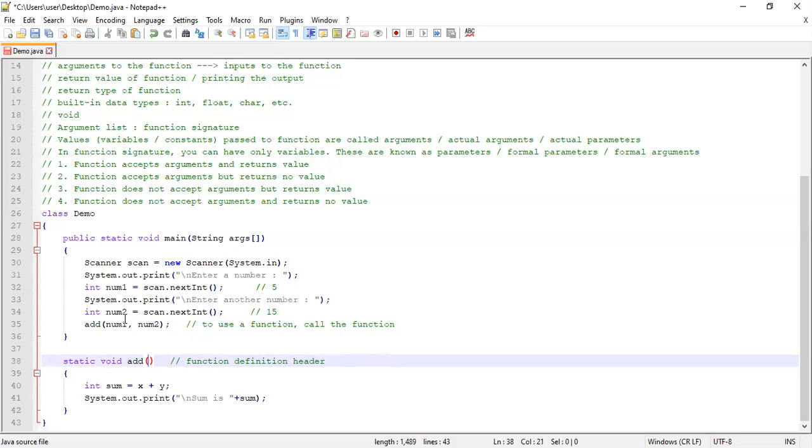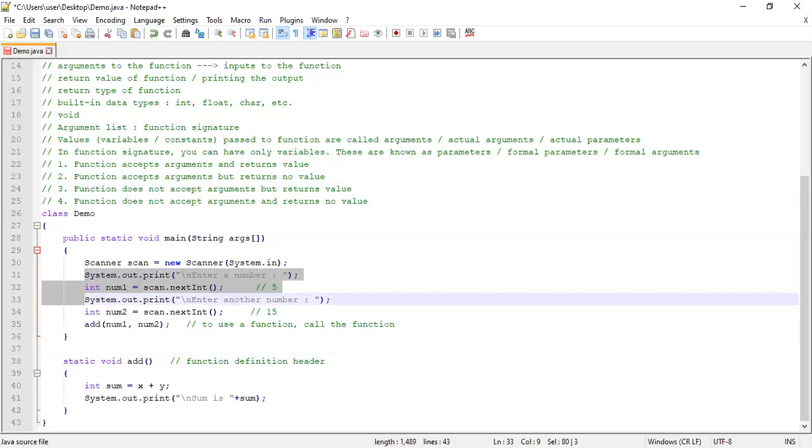If it's not going to accept arguments, where will it get the input from? You will have to write the input statements inside the function.